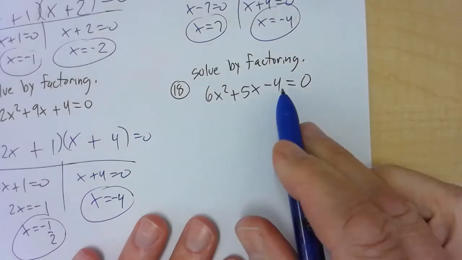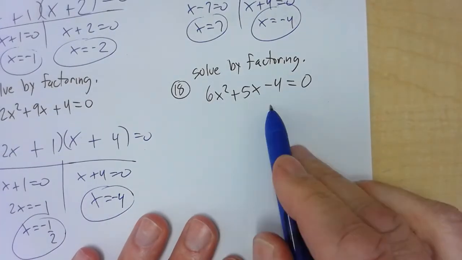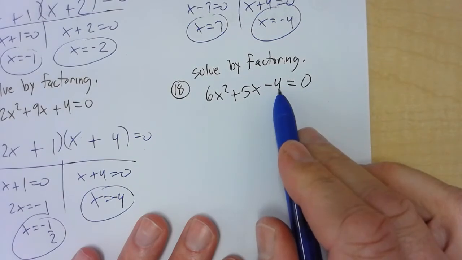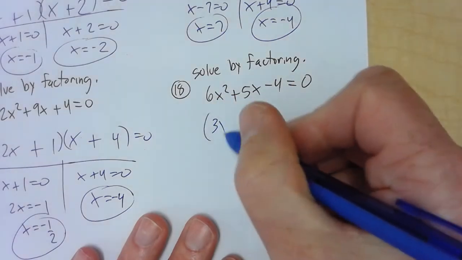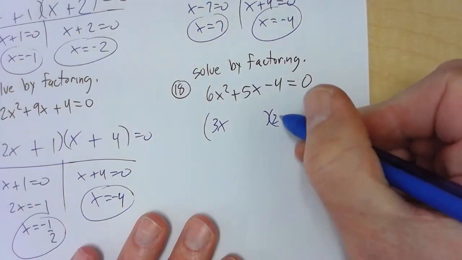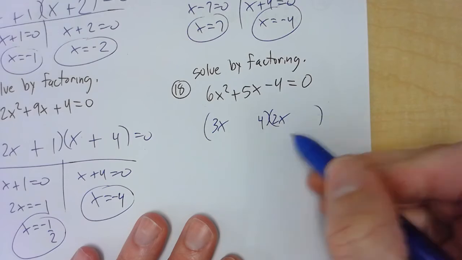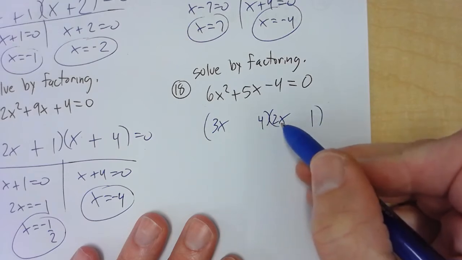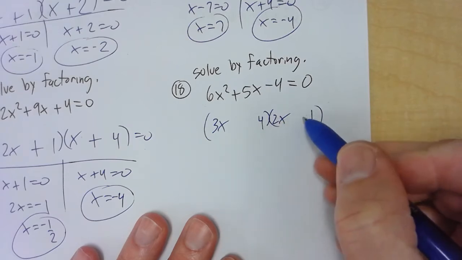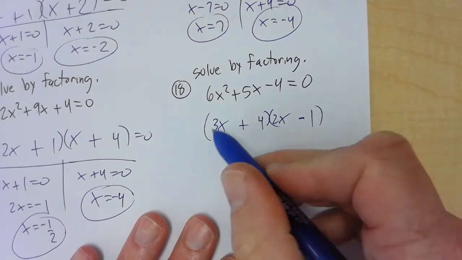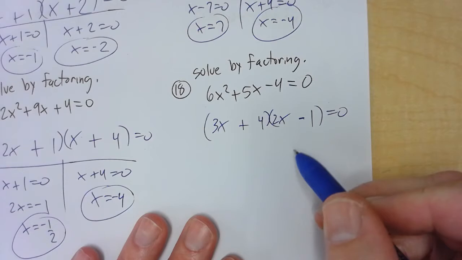Then here there's just more choices. Is it 6 and 1, 3 and 2? Is this going to be 2 and 2 or 4 and 1? And it turns out that 3x and 2x is the way that this factors. And then the 4 needs to match up with, so it's going to be 4 and 1. The 4 needs to match up with the 2 to make 8. And then the negative 3, right, so this is positive 8, negative 3 matches up to make the positive 5